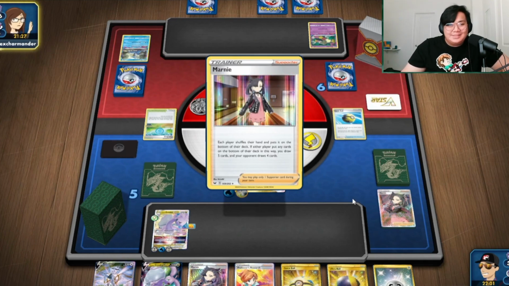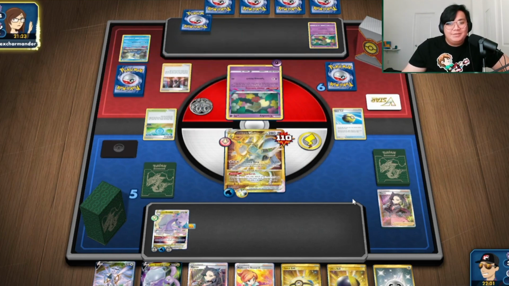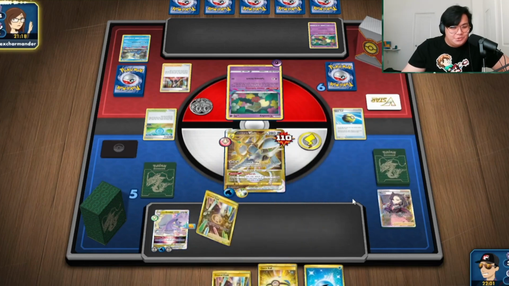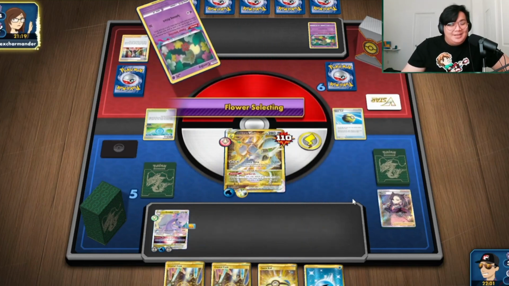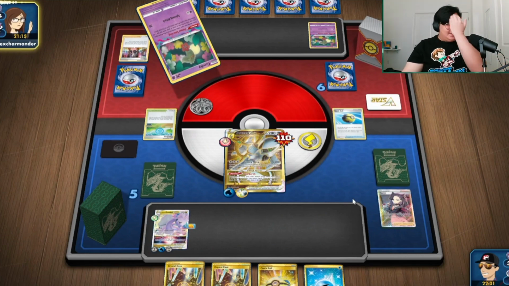But looks like our opponent is just going to take a page from our book, just hit us with a Marnie as well. The fact that they attached the Psychic Energy already to the Confe means we're not going to be seeing a Sableye anytime soon. Coupling Crystal Cave is not too bad at all. That's definitely the ideal